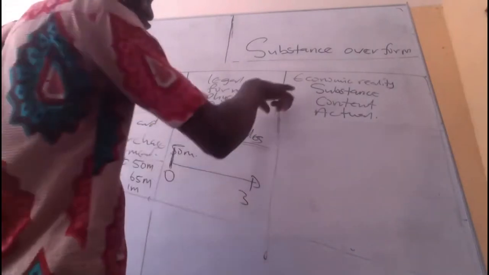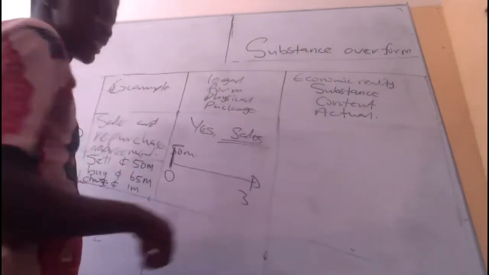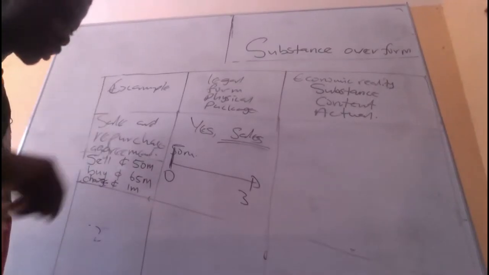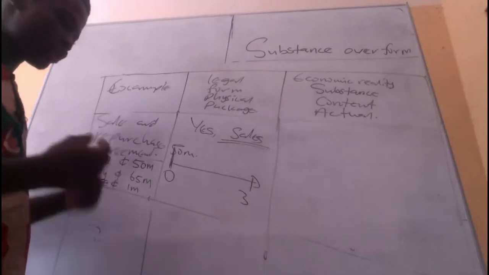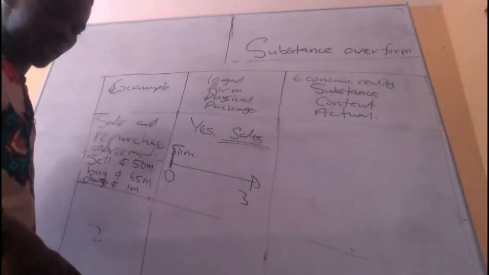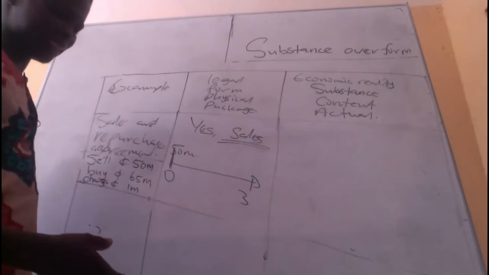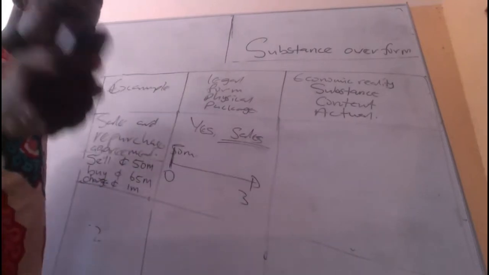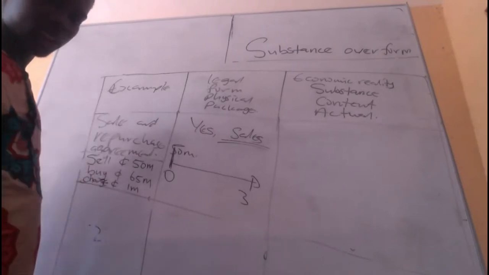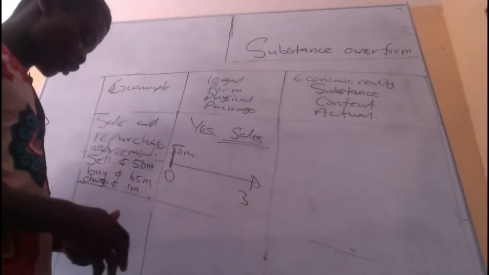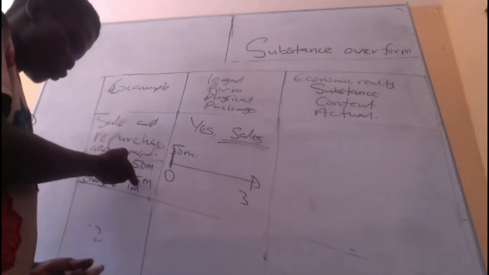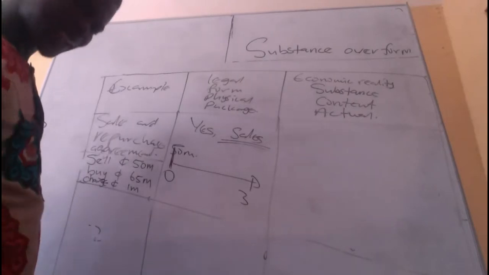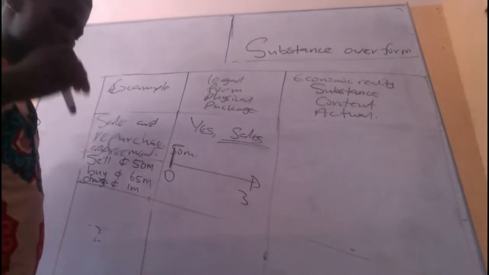Economic reality, the actual substance, the content. So this one, is it a sale? Now tell me, actually, is it a sale? After the 3 months, what do you think will happen? You still have the goods back in your premises, right? How can you sell something and then after 3 months you possess the same item? I'm asking, if you're not a thief or a magician, who are you? Though you are going to buy it, how can you sell the same item and buy the same item back to your premises?